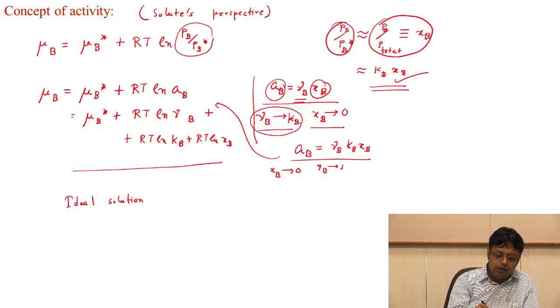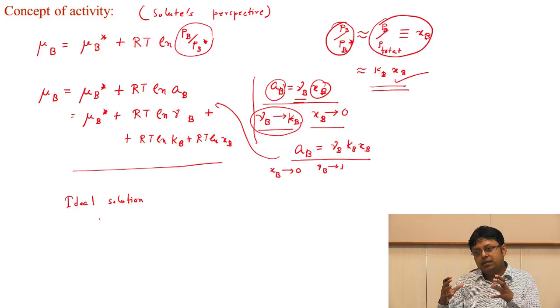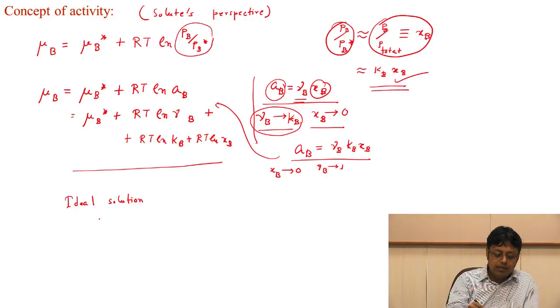Now this ideal behavior, just like in an ideal gas, you see when the pressure of the gas is too low, which means the density is very low. The same thing we are seeing here. So density of what is low? That is basically the solute's density is low, the solute's mole fraction is low. So in the limit of dilution, any real thing should behave as an ideal